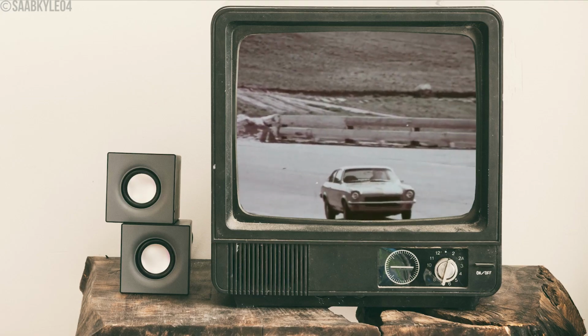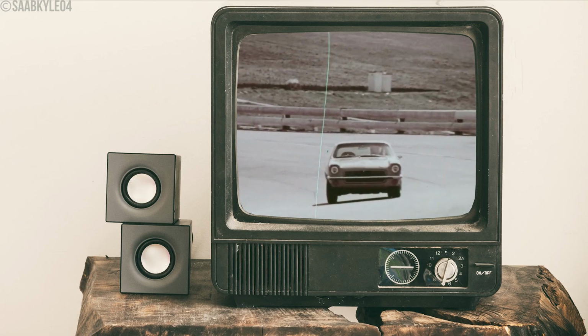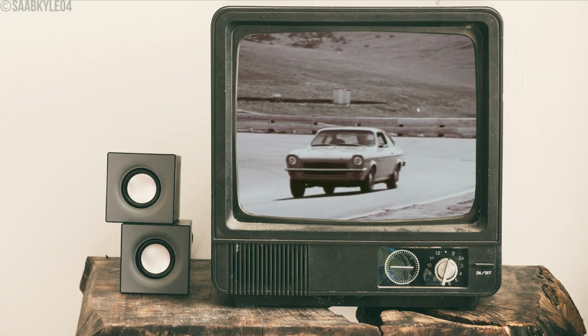Its low price to begin with, and in our highway test, it's getting about 25 miles per gallon with the